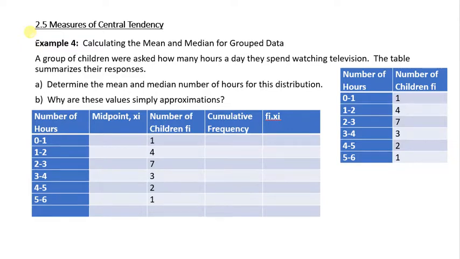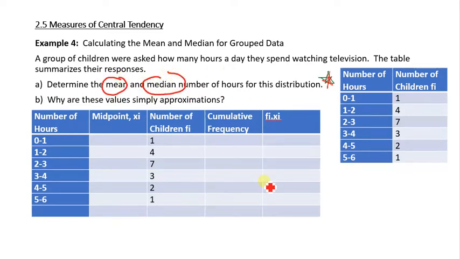Okay, so here's our example. A group of children were asked how many hours a day they spend watching television. Right here are the results. Let's go red, red's going to show up on blue better. 0 to 1 hours, 1 child; 1 to 2 hours, 4 children; 2 to 3 hours, 7 children; and so on. First, we want to determine the mean and the median